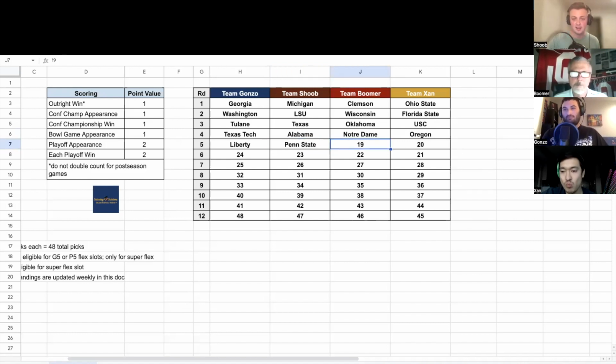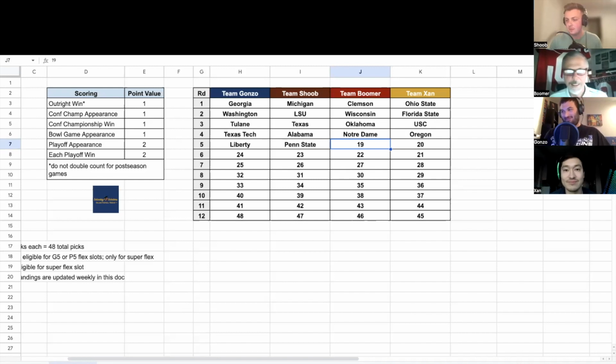I'll take it. I like the upside with all of my picks so far. But Gonzo's really throwing a wrench here with the G5 picks, so you've got to take advantage of it one way. G5 is going to get interesting here in a little bit. Yeah, G5 is a good strategy for this, if you can find those 9-10 win teams. Yeah, because it falls off the wayside after those top 2-3.